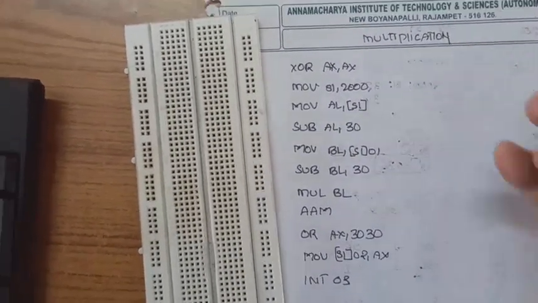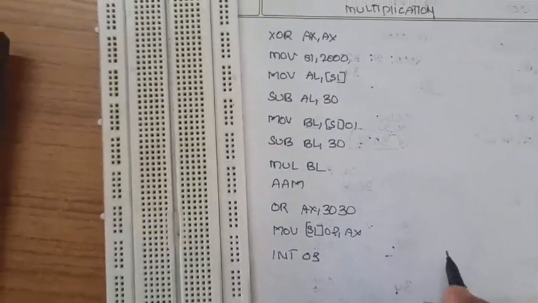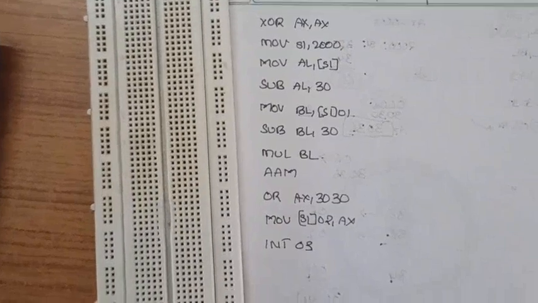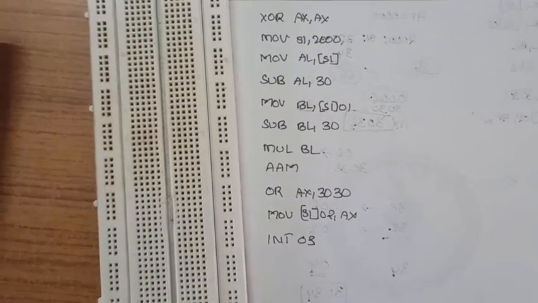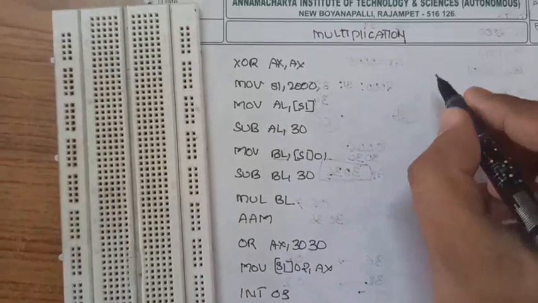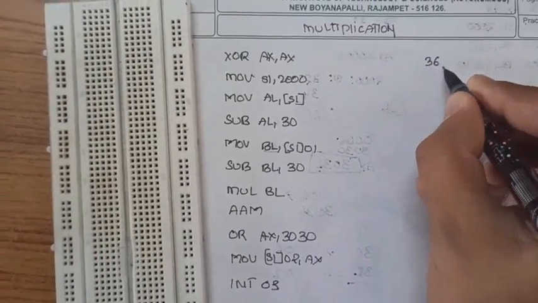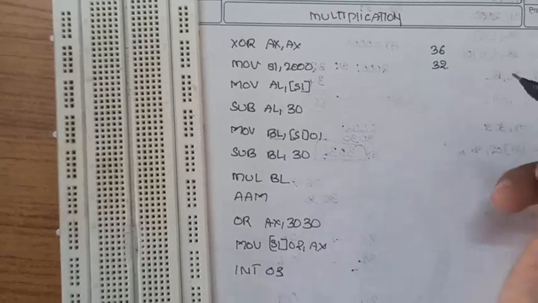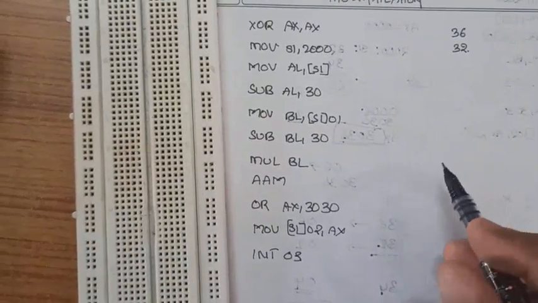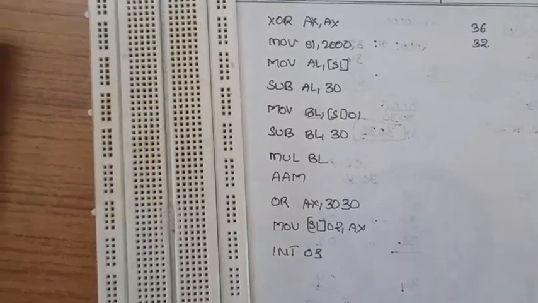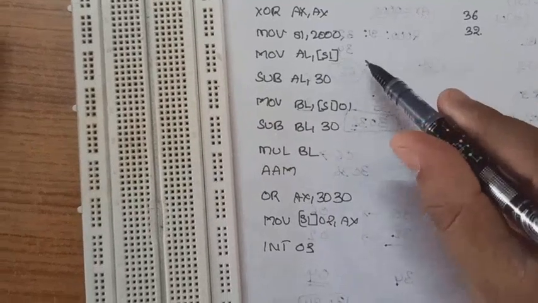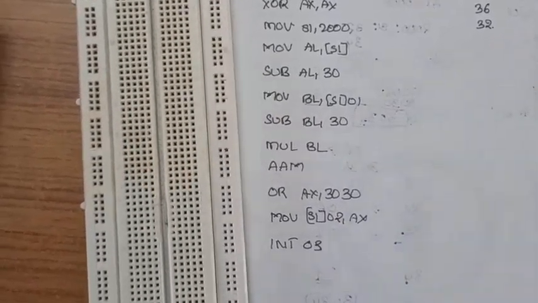So in this ASCII multiplication also, we are going to take two ASCII numbers and perform multiplication, and with the help of ASCII instructions we are going to check the output. So for this, for example, if we are having 36 and 32 as the inputs. For this logic there is a small change in the previous programs. First, we are going to take this data into AL and the other data into BL.